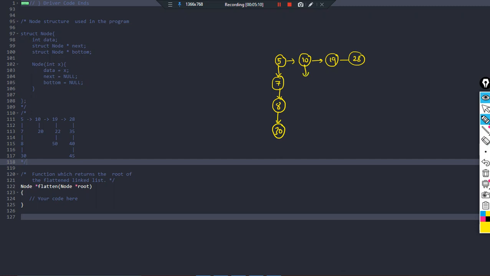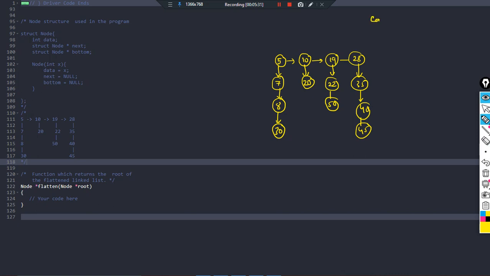At its bottom we have 20, at its bottom we have 22, at its bottom we have 50, at its bottom we have 35, 40 and 45.